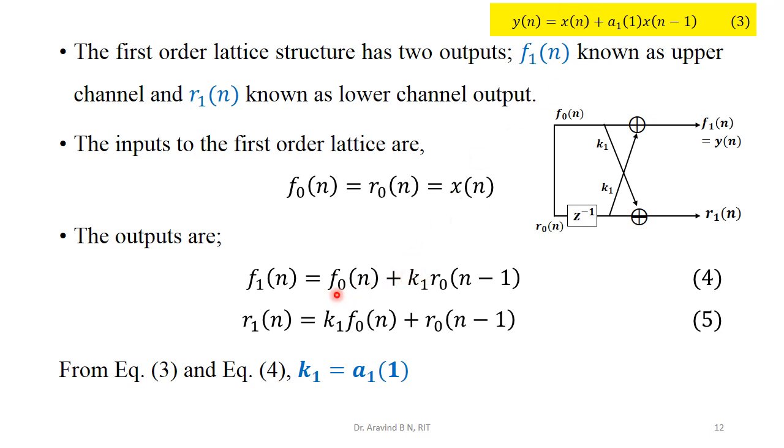So as I told you, f0 is equal to x of n, r0 is equal to x, therefore it is a direct comparison what we can make. So k1 will be equal to a1 of 1. So that is being written over here. That means the expression given for solution in the calculation part, that will be something like this. Now we can have a direct comparison. a1 of 1 will be equal to k1. So k1 value we have got directly. This is what we are going to have for the first order procedure.